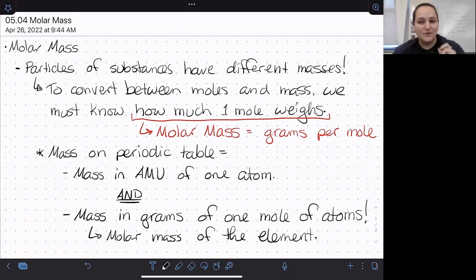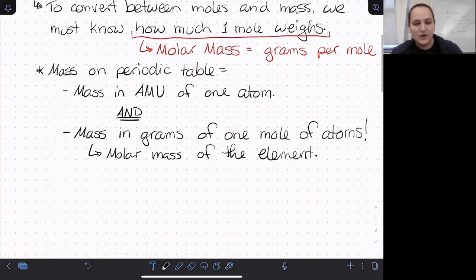So that is why the mole is defined the way it is, because it makes those masses on the periodic table extra useful to us. Usually the way we use them in chemistry is as the molar mass,